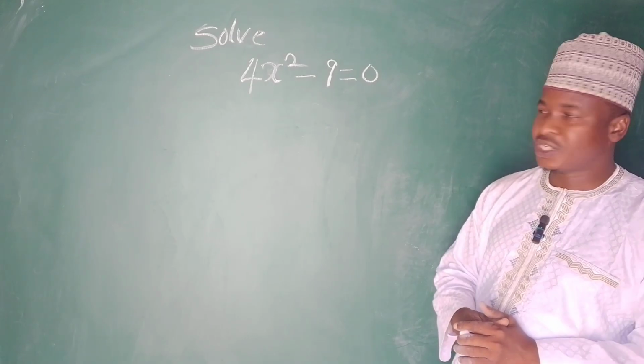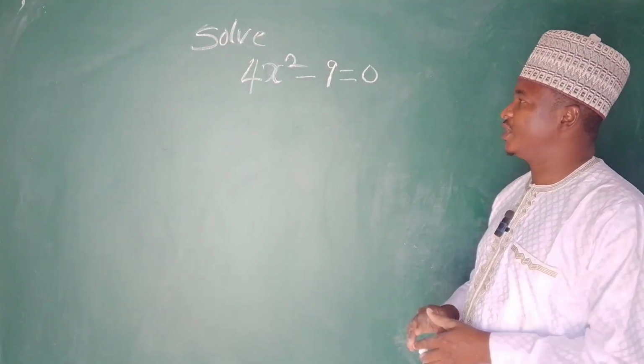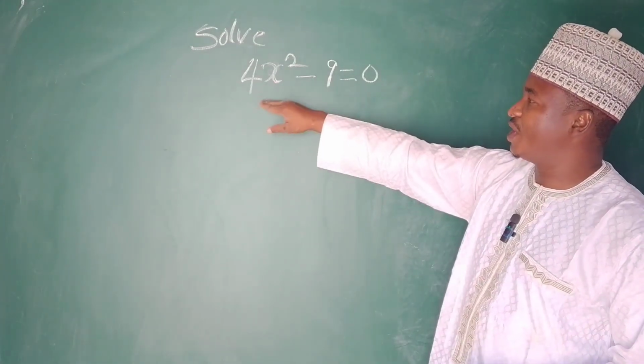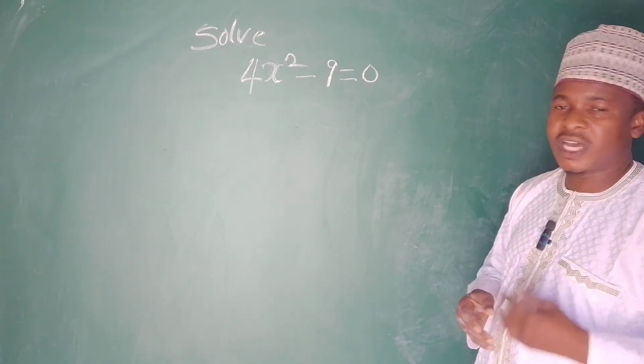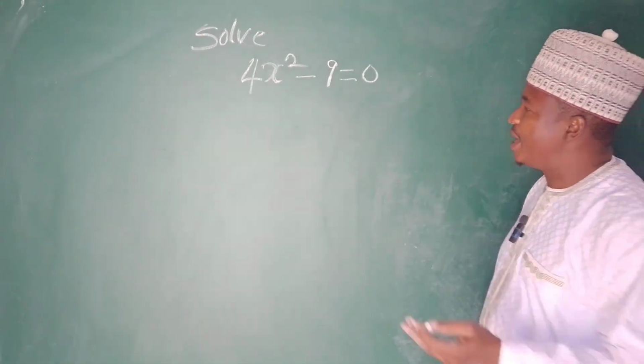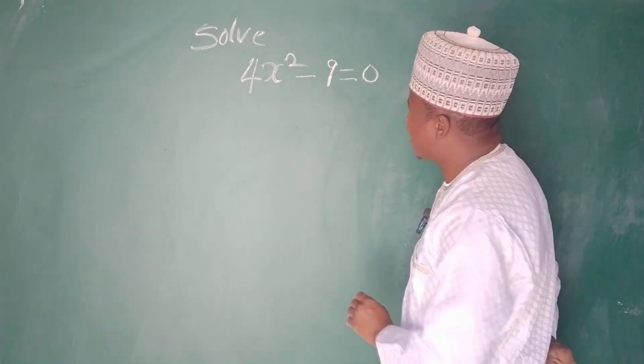A darasinmu na Hausa na yau mun zo da wani question wanda yake cewa 4x², solve 4x² minus 9 equal to 0. So a nan me zamu yi? An ce solve kawai ana nufin a nemo value din x ne. Me ya kamata mu yi? First step na abin da zamu yi sai mu ce